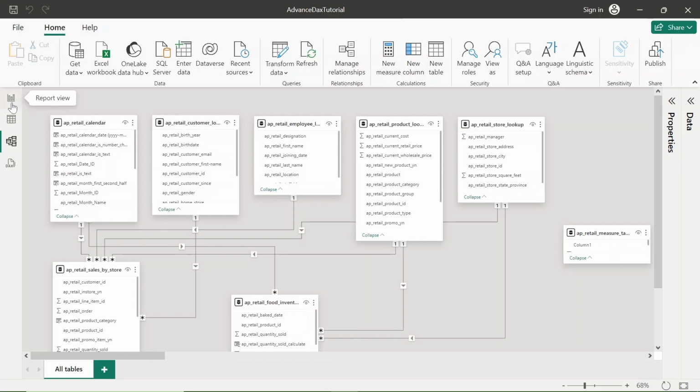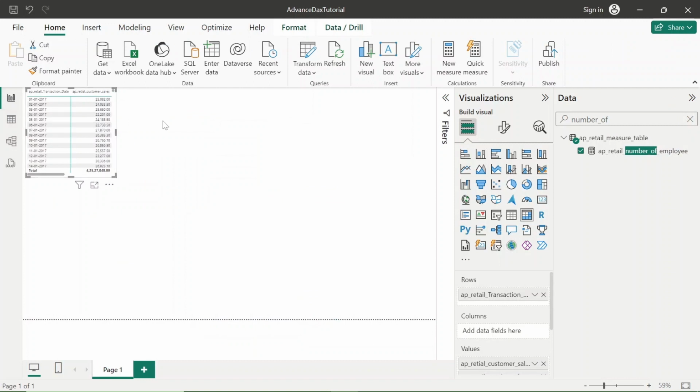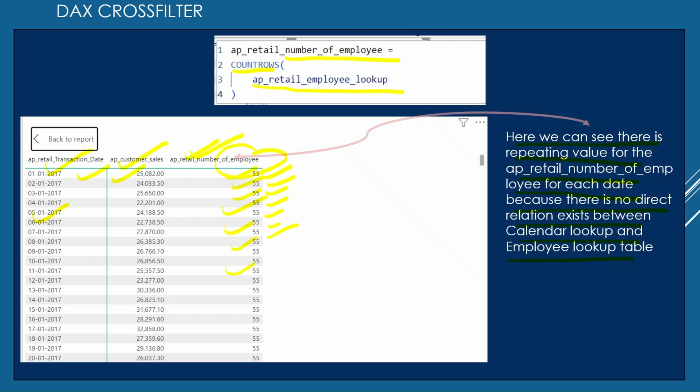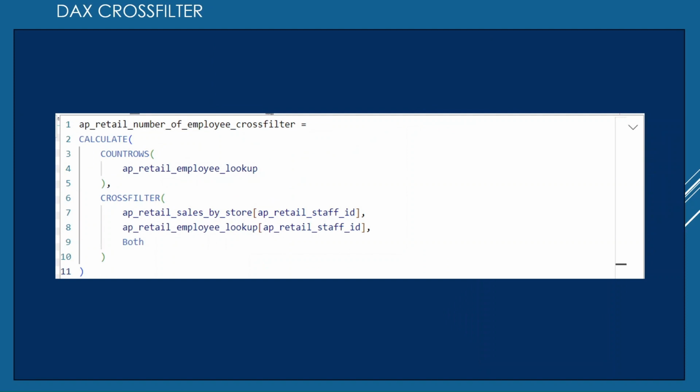So come to this report view. Let's go to the PPT. Now let's create a different measure. So this is the measure which I am just creating. I am creating it with the help of CALCULATE. What CALCULATE will do is transfer the row context into the filter context, and here we are